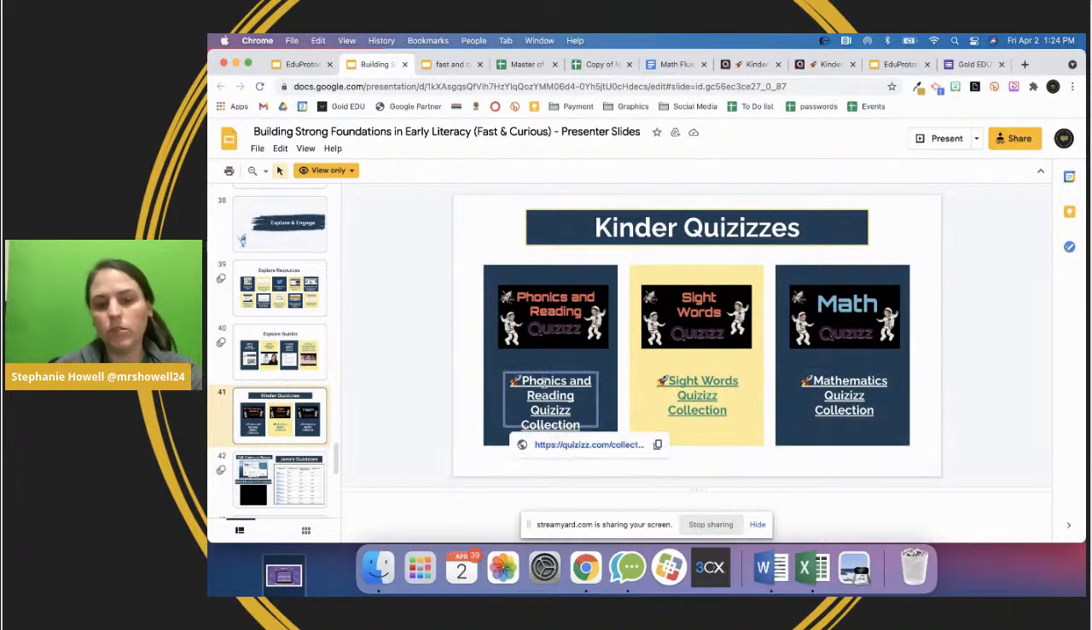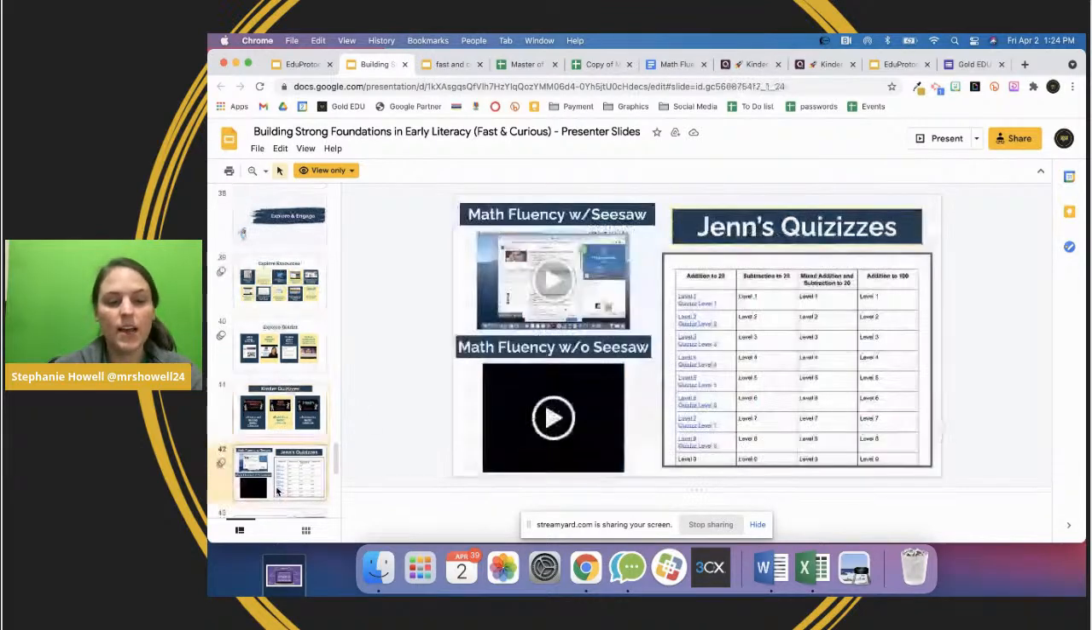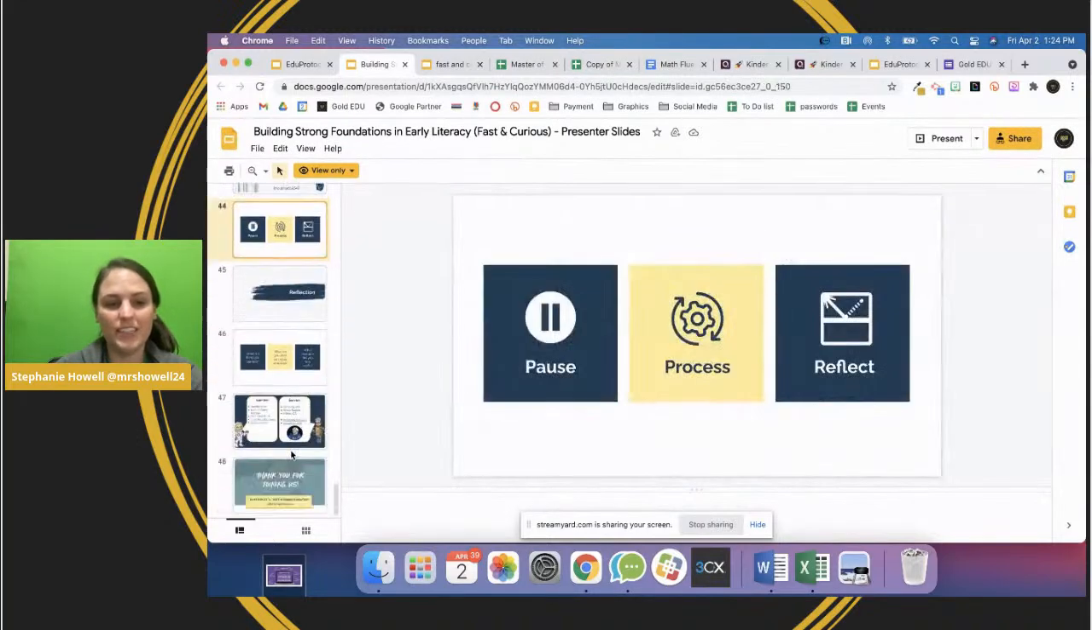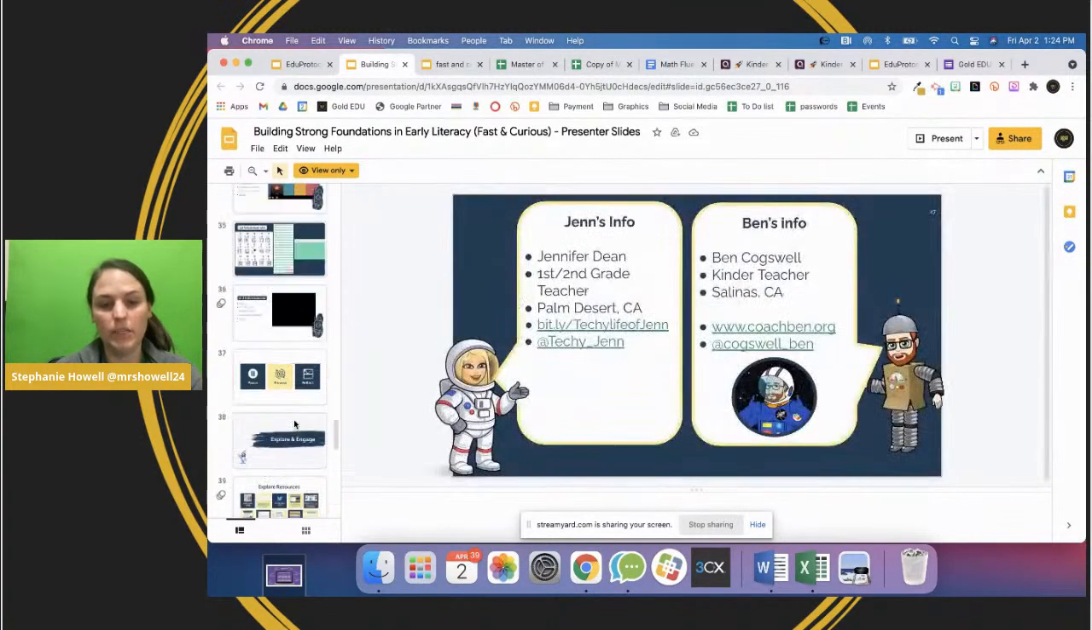So this one is a whole collection on phonics and reading. This one's a whole collection on sight words, math quizzes. This one has all of the adding, subtracting, mixed addition, and addition to 100. So tons of good resources in this slide deck, and I just wanted to share it because I learned so